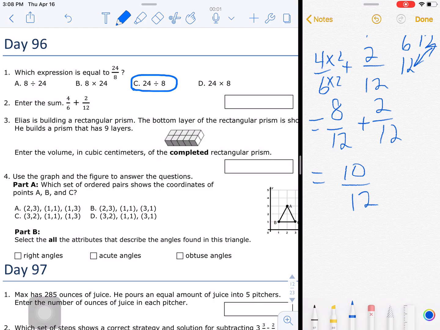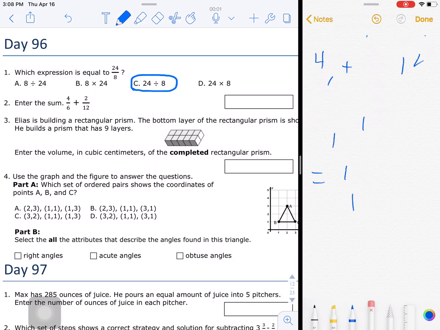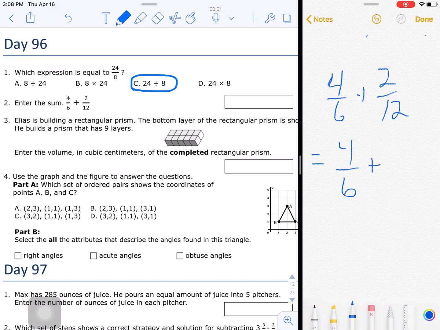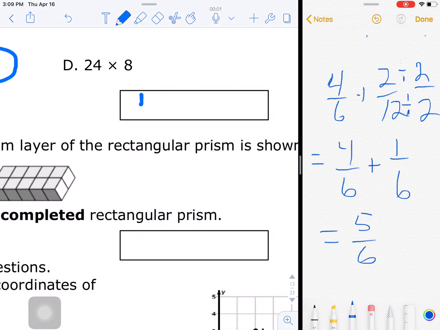Now some of you might look at this and say, well, wait, Mr. Gilman, why couldn't we change the 2/12ths into sixths? And we could. So if you're seeing that 4/6 plus 2/12ths is the same as 4/6 plus 1/6, we can do that because we can make an equivalent fraction by dividing by 2. Divide by 2, right? So 2/12ths is equal to 1/6, and we end up with 5/6. So for this problem, if you came up with 10/12ths or 5/6,